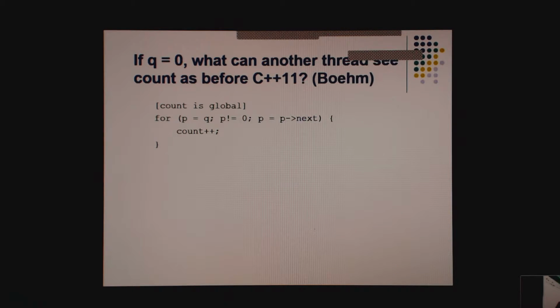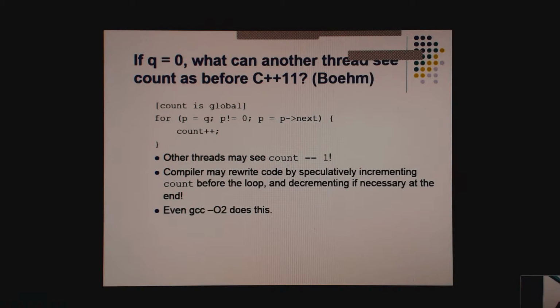And then if it turns out that the condition fails, it could undo the action of running the loop the first time. So in fact, it's likely that other threads will see the count as 1 at some point, due to speculative execution of the first time through the loop.